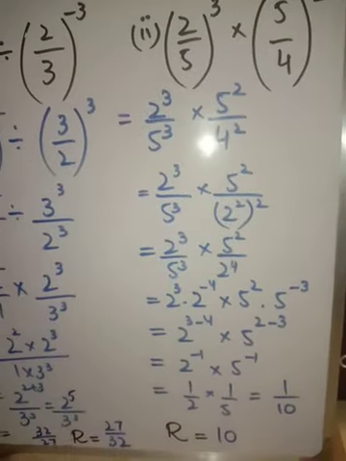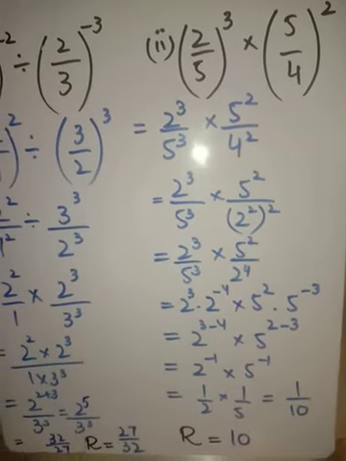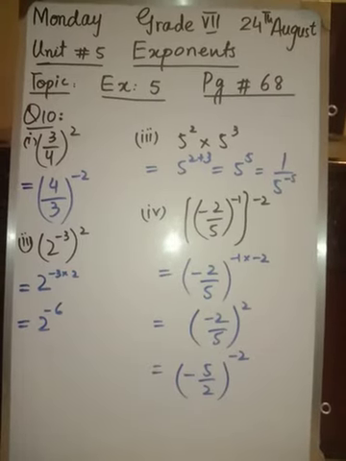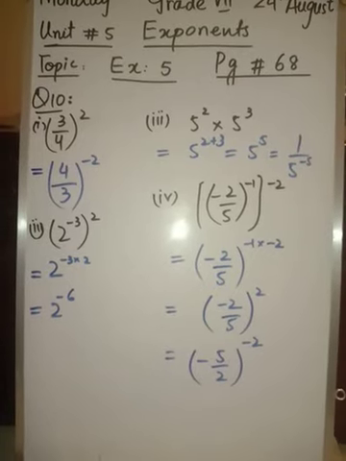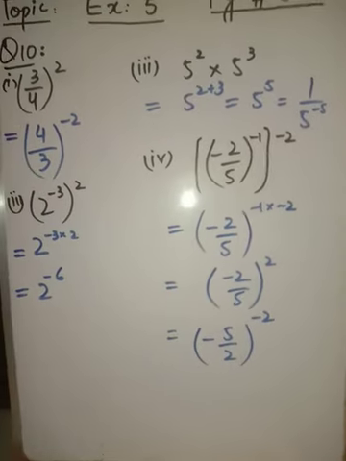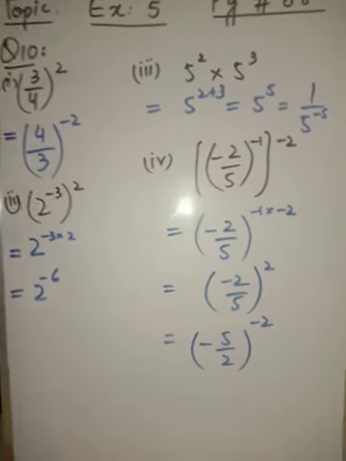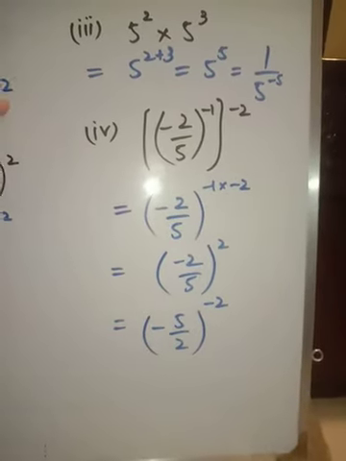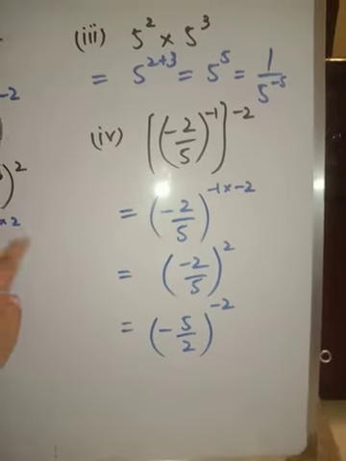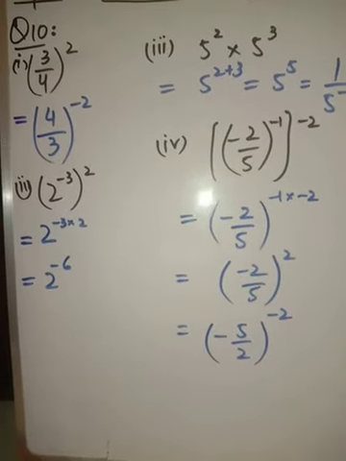In part 2 you have to solve by the same laws, and in the end you have to invert the answer for the reciprocal. Students, now in question number 10 you have to write the answer in form of negative exponent. So whenever we invert the term, means whenever we change the place of numerator and denominator, the sign of the exponent will automatically change. So by changing the place of numerator and denominator, it will become -2. In part 2 we have -3. When multiplied with 2, it gives -6. So here automatically the exponent is -6.